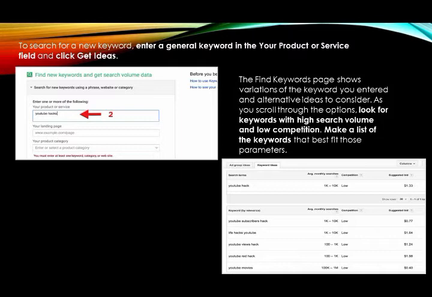The Find Keywords page shows variations of the keyword you entered and alternative ideas to consider. As you scroll through the options, look for keywords with high search volume and low competition. Make a list of the keywords that best fit those parameters.